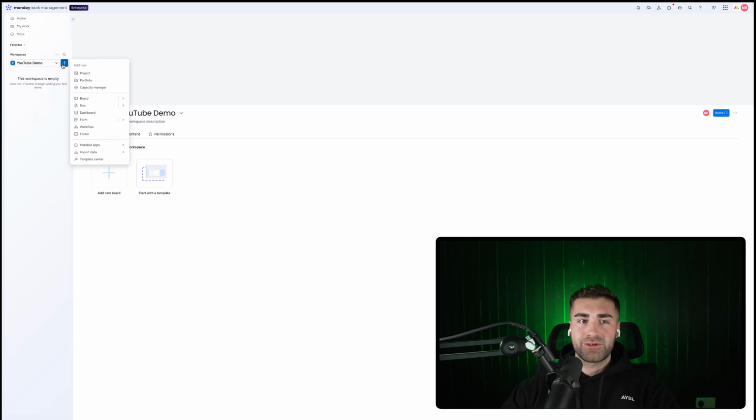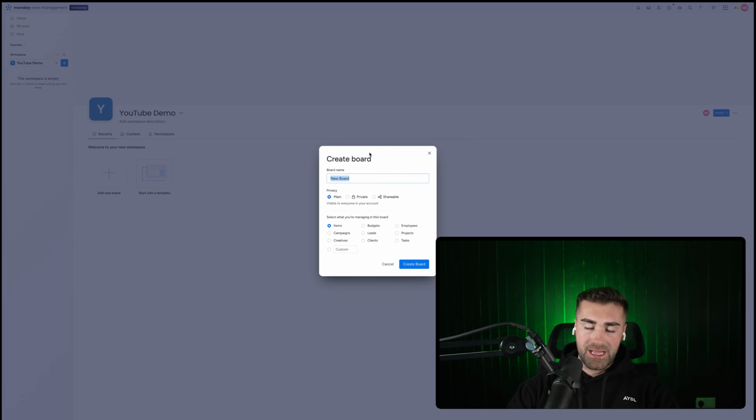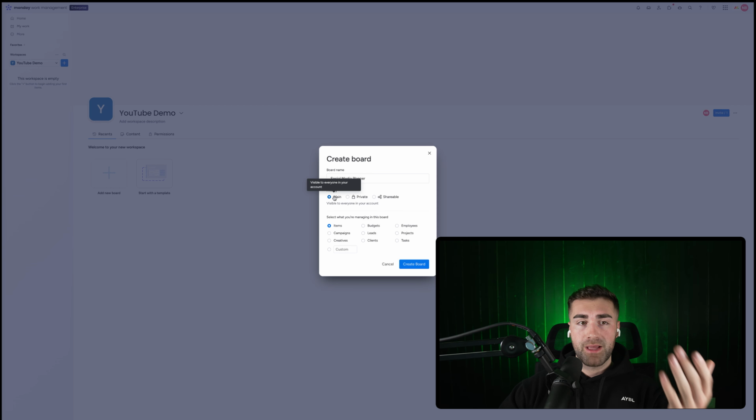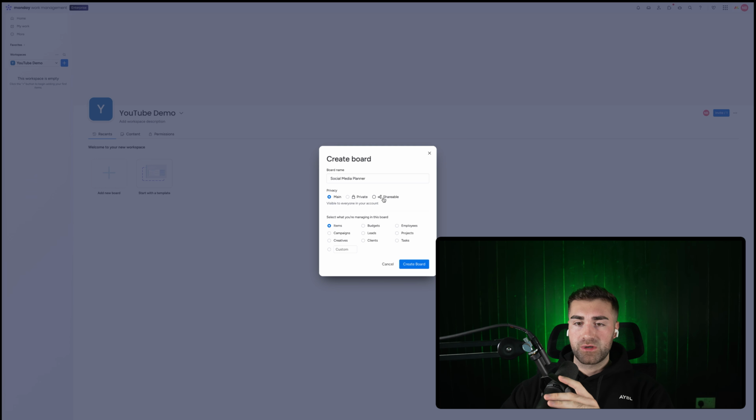First thing that we want to go ahead and do is create a new board. This is going to be our social media planner board. I would call it whatever you want, and then you can go ahead and select the privacy options. So main, everyone inside of the system would have access to this board. Private, only you and select individuals, and then shareable. If you want to share this board externally, you are more than welcome to. And then in this instance, I'm just going to leave the naming convention as items and go ahead and create